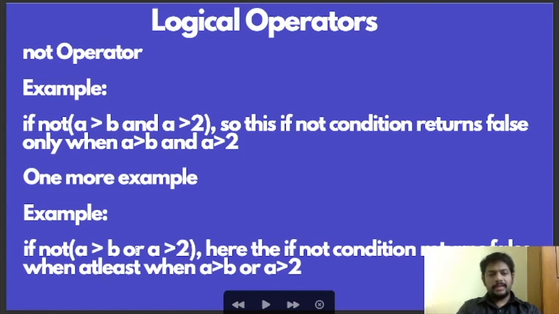In any such cases, this if not condition will return false. Here, in only one condition, this if not condition will return false, but here in any condition, if any one of them is true, then this if not condition will return false.